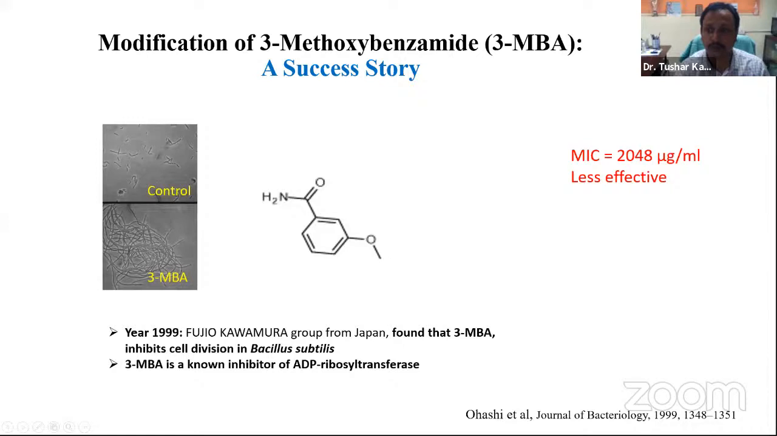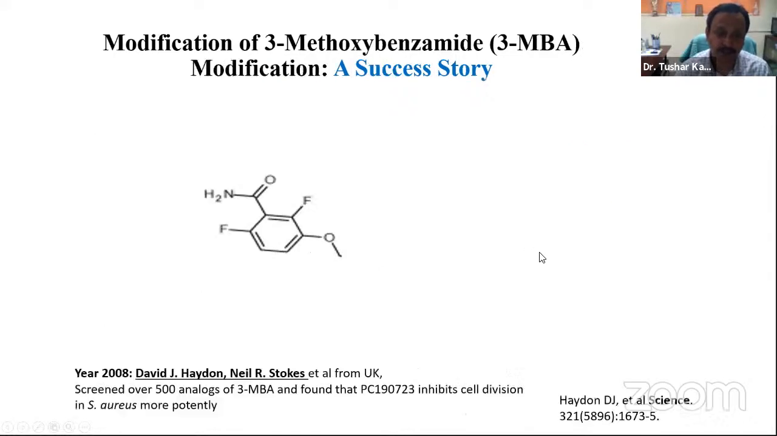Okay, if you look at the efficacy, the MIC value is 2000 microgram per ml. That is 2 milligram per ml, which is a very high concentration that can never be used as a drug. But what they showed at that time is that it can bind to FtsZ and it has an effect on bacterial division, even though the effectiveness is very low. Then in 2008, David Haydon and Neil Stokes' group